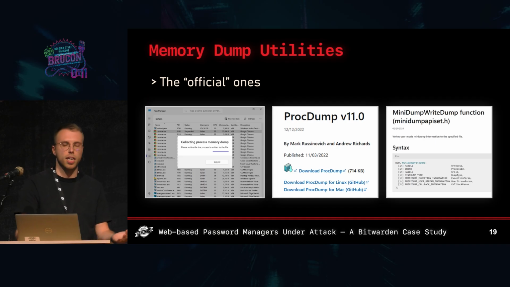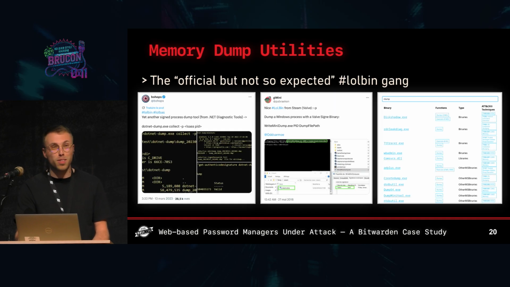You even have a Windows API for that. And you also have the official but not so expected ones, also known as the LOLBins in the penetration testing and security community. We have, for example, Steam, the game launcher, which lets you do process dumps. So why not? What you have to understand here is that it's actually not that easy to prevent process dumps,